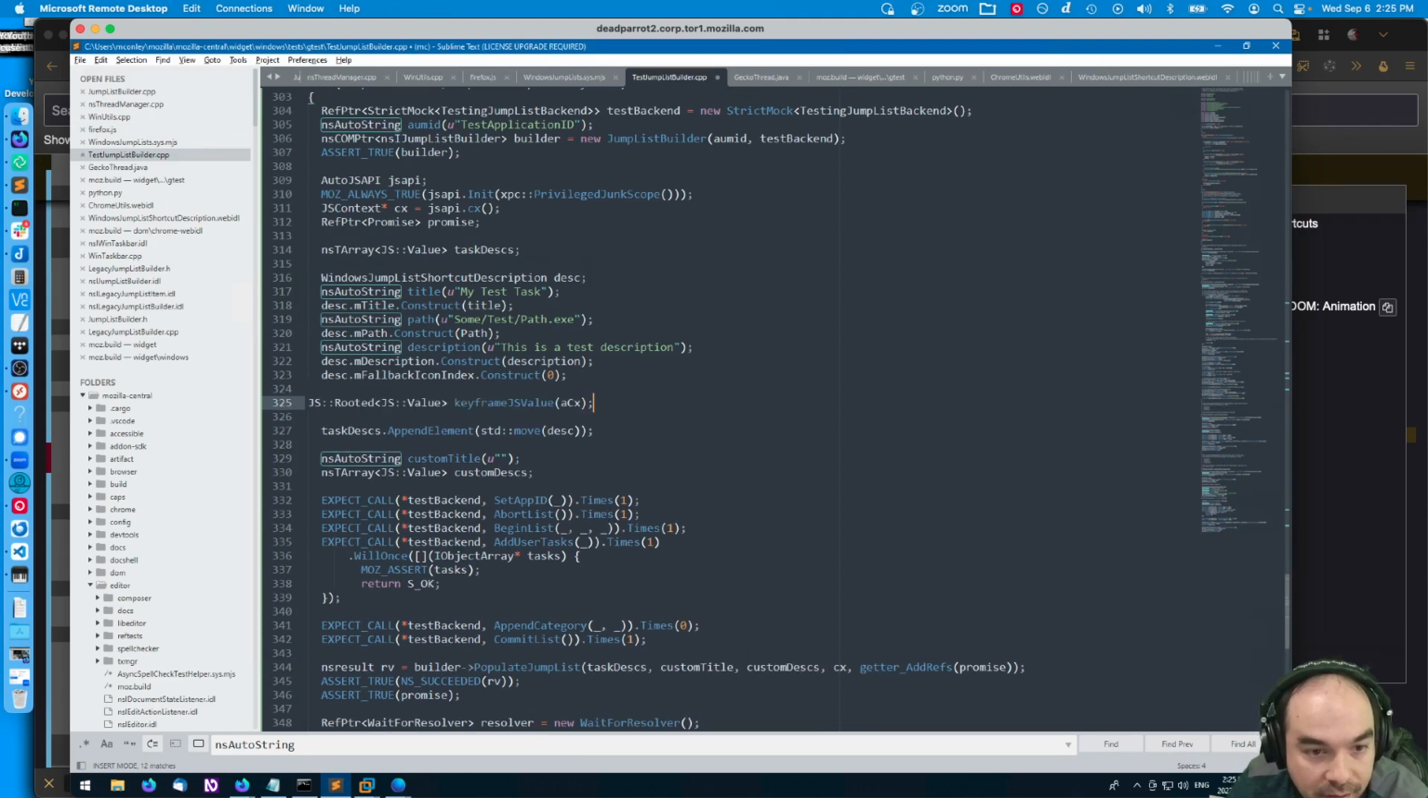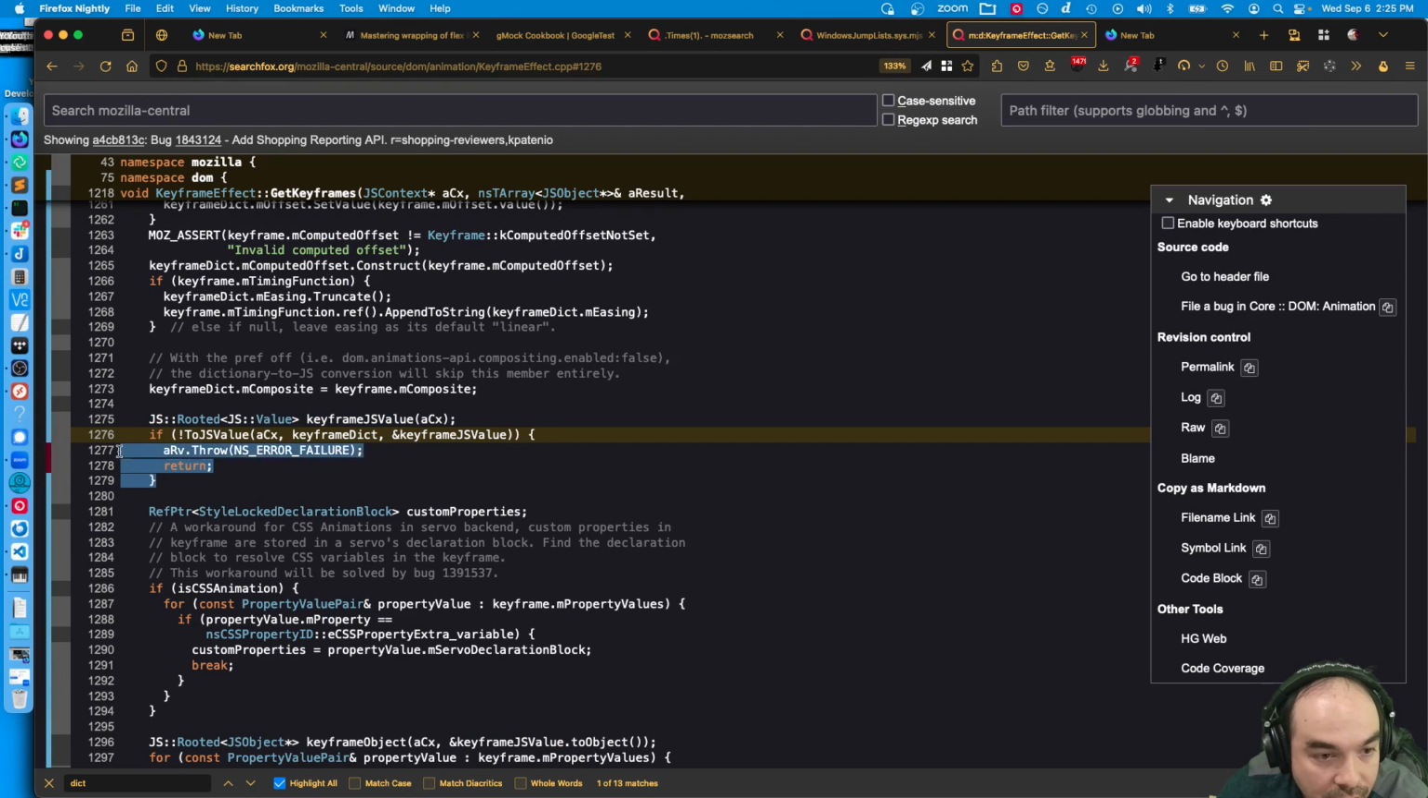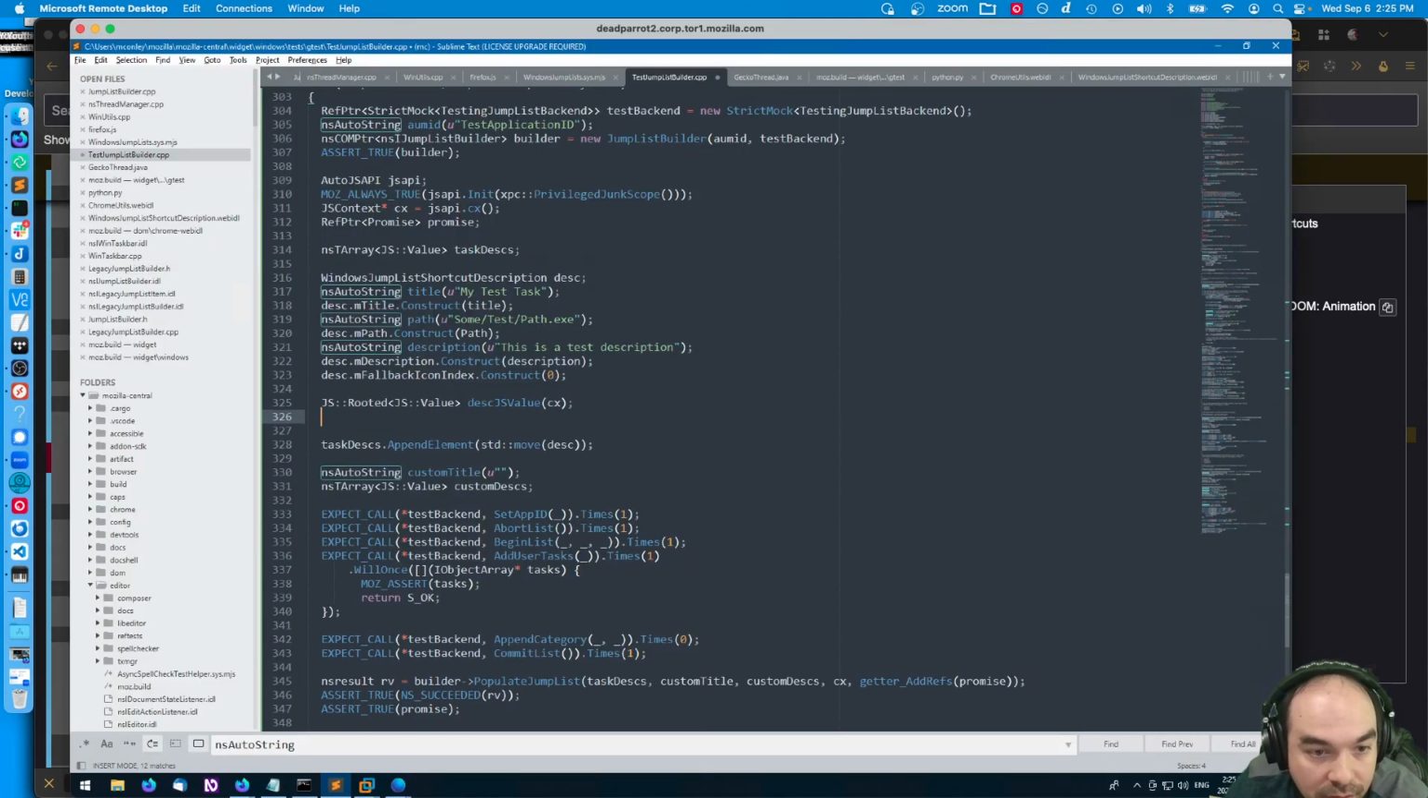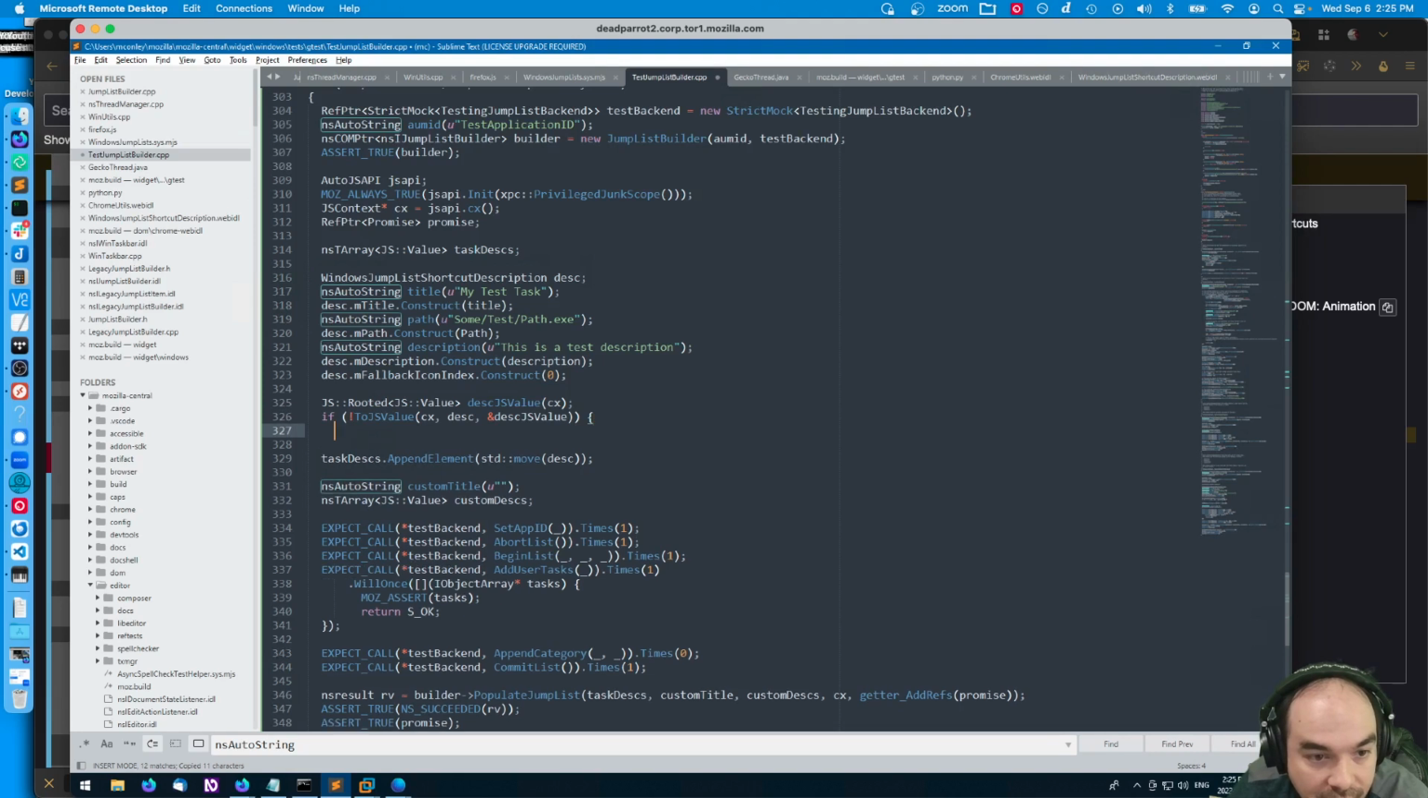You say rooted JS value, and we're going to say desc JS value with our context, and then we're going to do this thing. To, if not ToJSValue, description, desc JS value, then what we should do actually is